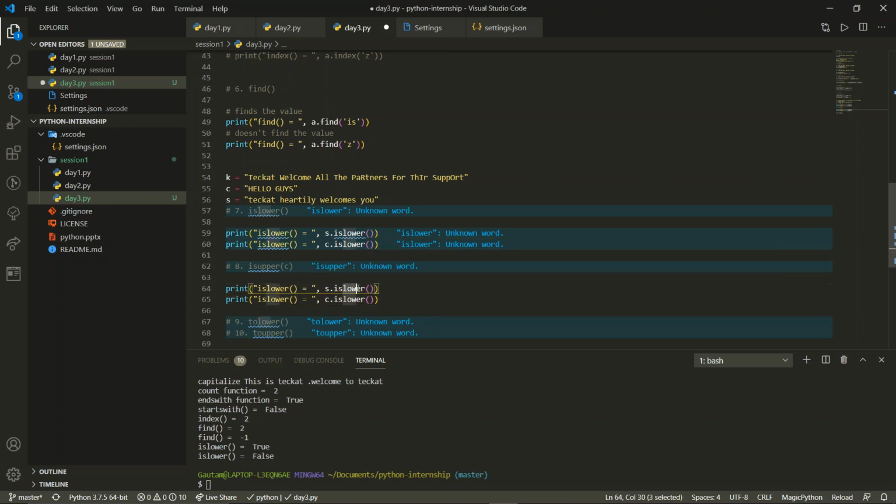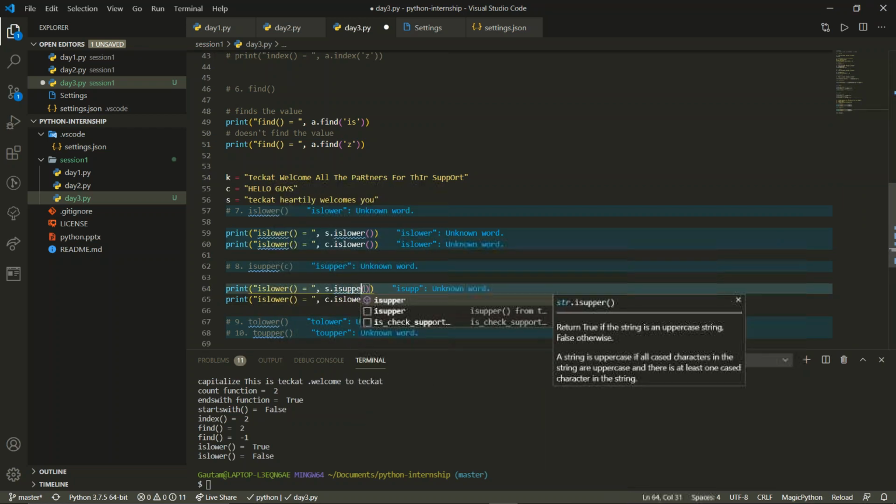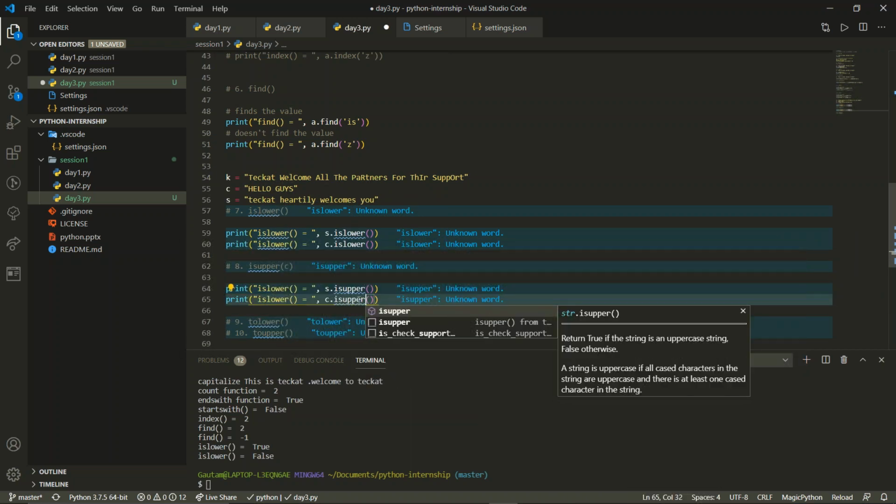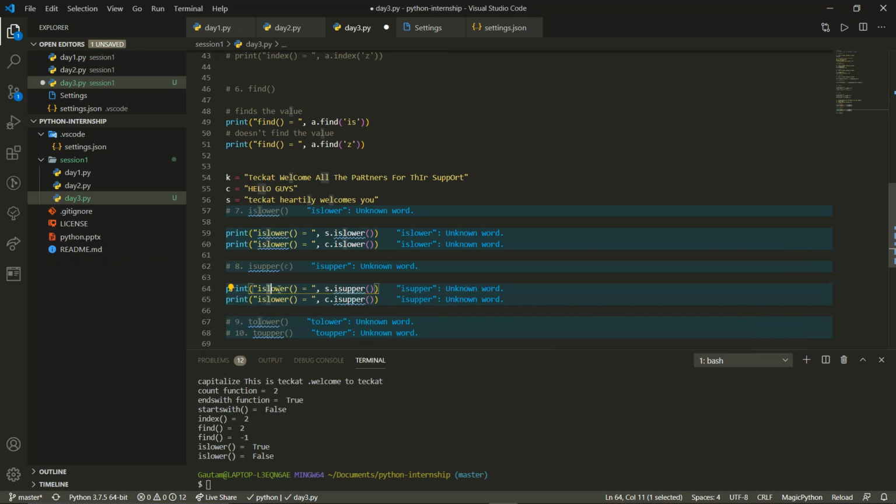Now this lower becomes upper. Similarly over here this becomes upper, this becomes upper, and this becomes upper. Okay, these all functions become upper over here, and now we'll just execute the code.